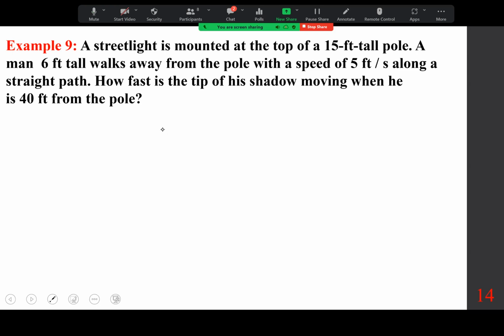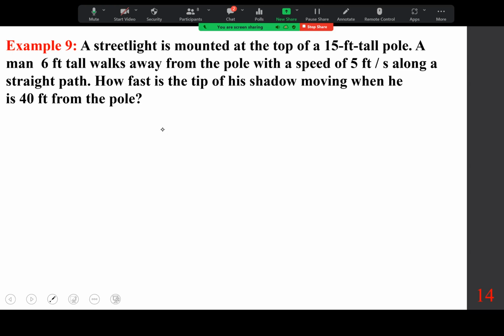A streetlight is mounted at the top of a 15 feet tall pole. A man 6 feet tall walks away from the pole with a speed of 5 feet per second along a straight path. How fast is the tip of his shadow moving when he is 40 feet from the pole? Perfect. So it's important to understand the setup